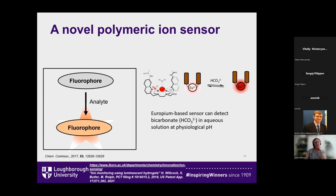These are now drawn slightly differently, but they have a similar structure to those that we've just been talking about. These are metal complexes with some kind of ligand system around, in which they have a cavity in which whatever ion is being sensed can bind to that complex and allow it to have this specific spectral response. The example shown here is a europium-based sensor that can detect bicarbonate in aqueous solution at